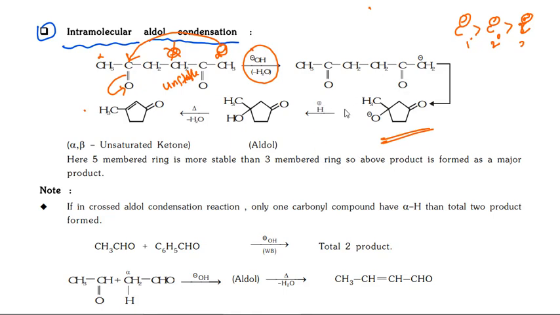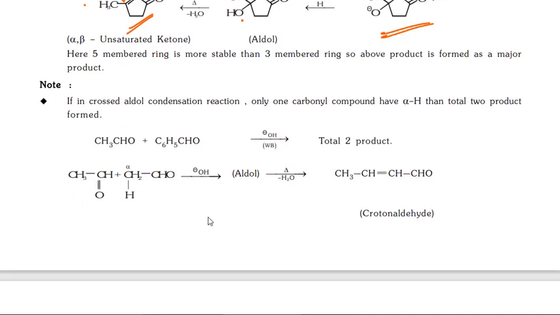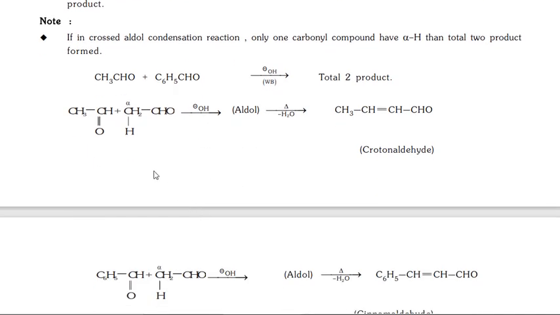Then from the water molecule it takes the H and becomes OH. Then if you heat, it gives an alpha beta unsaturated compound; you can see the alpha beta unsaturated here. This is the alpha carbon, this is the beta carbon. This type of reaction is known as intramolecular aldol condensation. Next, in this type of reaction you just have to remove a water molecule, taking two hydrogens, and that is your product.